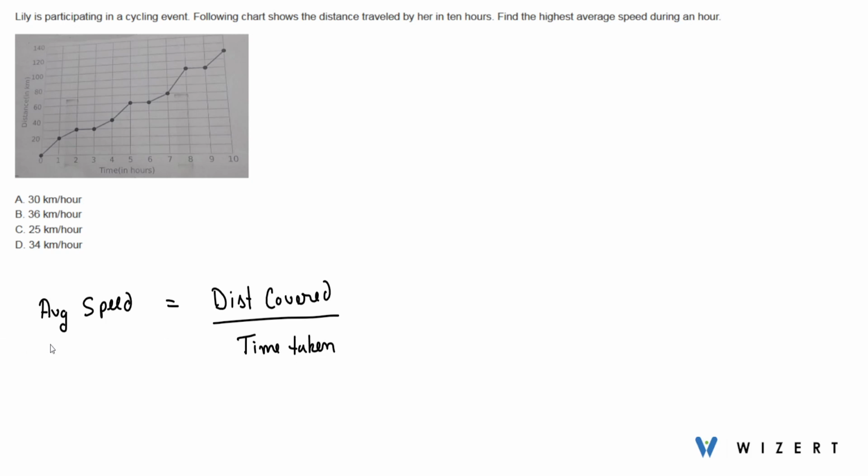So we have to find the maximum value of the average speed, and for that we have to find the maximum value of distance covered. Now, the maximum distance covered is between the interval